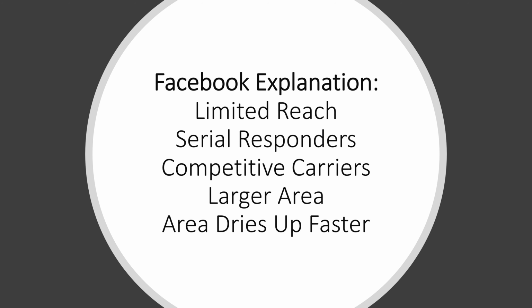Facebook leads, one of the reasons I don't think they're the main source for an agent to use, they're not good for a consistent system, is limited reach, serial responders, competitive carriers, larger area needed, and your area will dry up faster. Now, to explain that, limited reach, just compare it to seniors in our market that we're targeting. Are there more seniors that have a mailbox in front of their house versus seniors with a Facebook account? And it's just a limited number of people that you can reach out to with your marketing